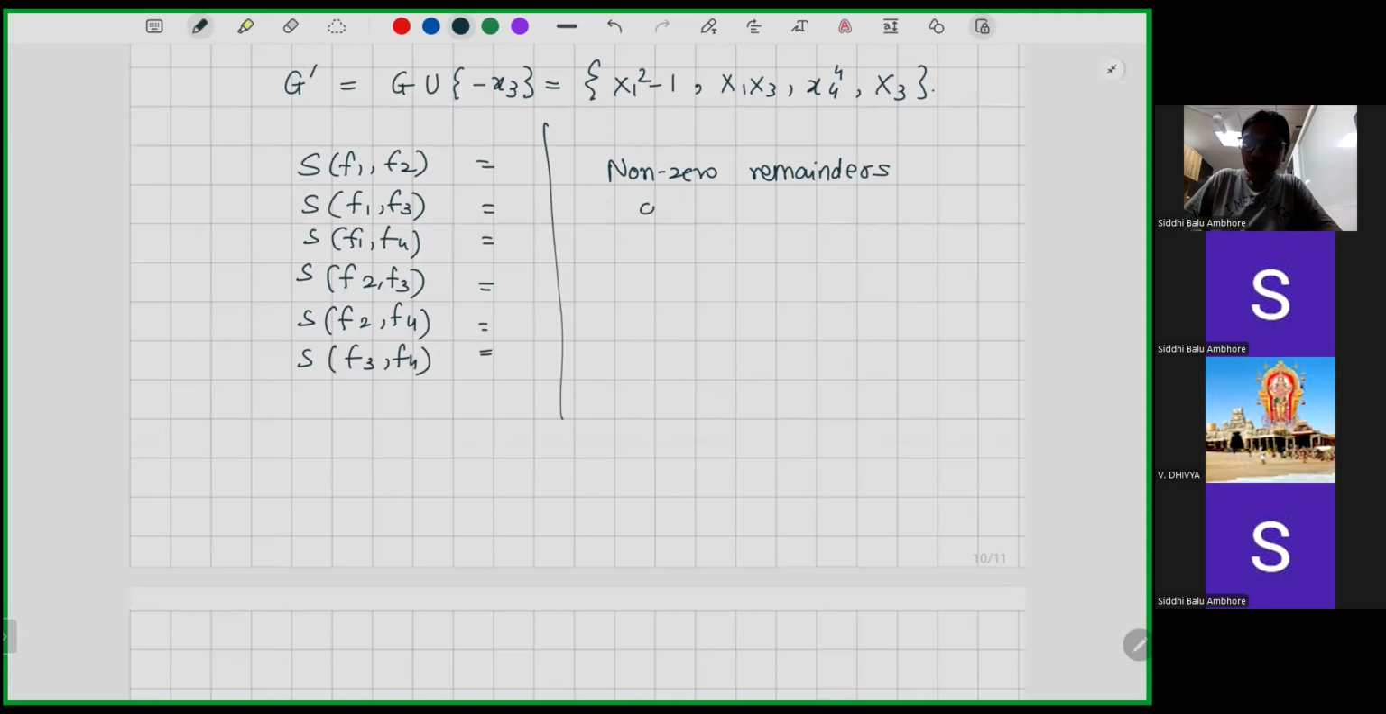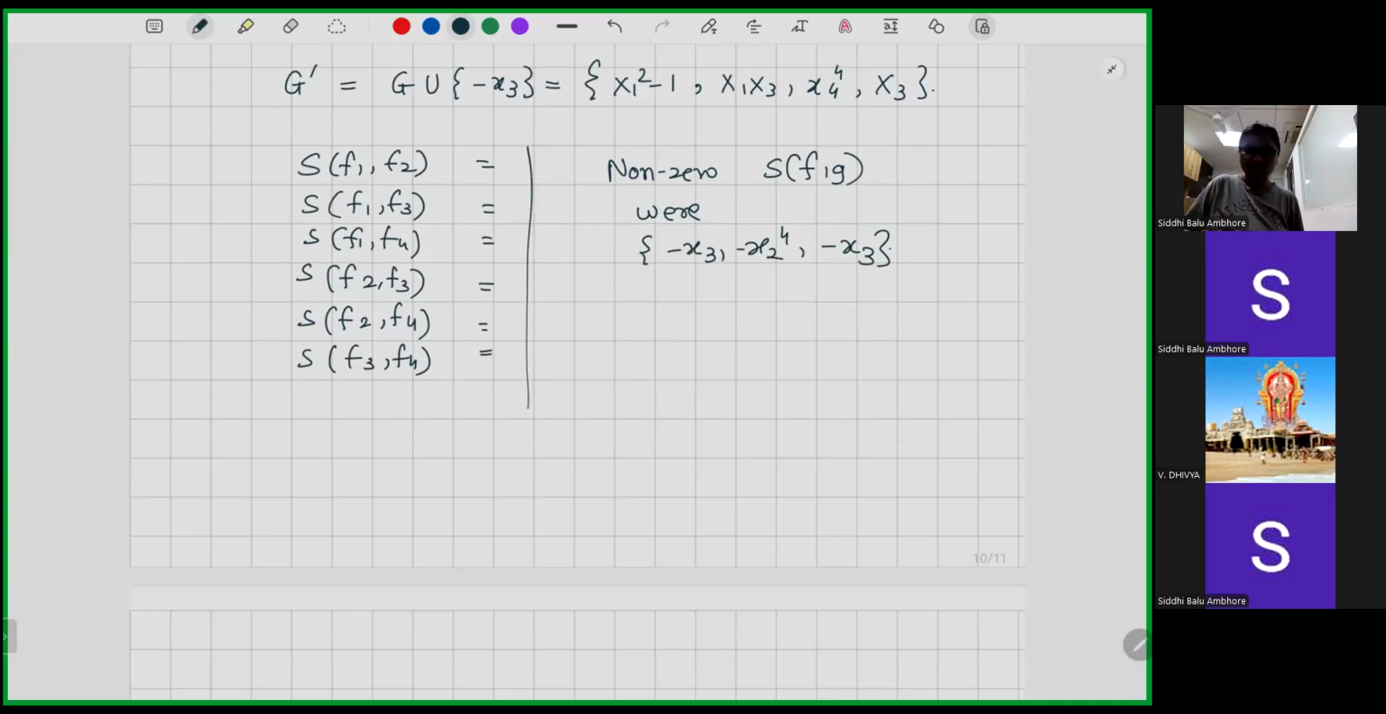So the non-zero remainders of the non-zero S pairs were what? This minus x3, minus x to the power 4, and minus x3, if you remember. These were the only non-zero S pairs. Okay. And now for these S pair elements, we want to check whether minus x3 divided by